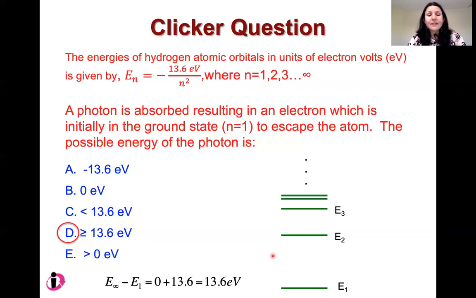In other words, to have it escape from the hydrogen atom. Once you've given it that energy, or even more energy, now it's free. Once the electron is free, it no longer has to have quantized energy. It's not confined to any kind of potential. It's not forming any kind of standing wave-like patterns which restrict the energies it can have. Now it can have any continuous kinetic energy. Thus, it could be 13.6 or 13.7 or 15, any energy beyond that. So that's why it has to be either equal to 13.6, exactly getting to the last energy level,